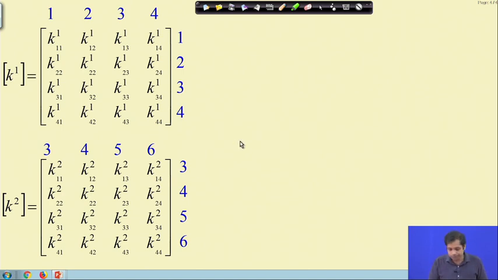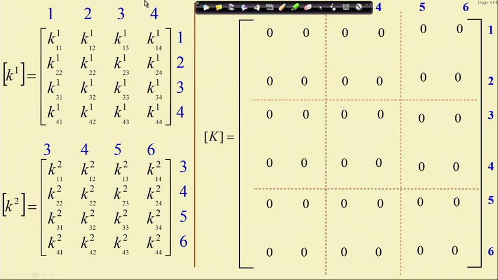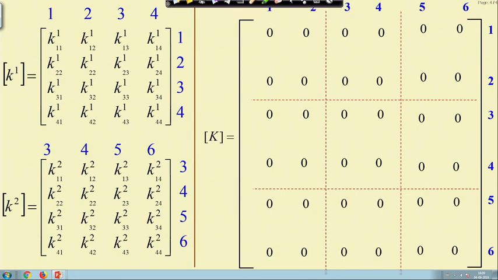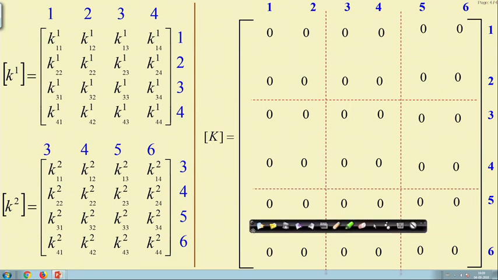As you recall the first step of the stiffness method, it is evident that you have a total of 6 degrees of freedom. So, the size of the stiffness matrix will be 6 by 6. First is to initialize: we take a 6 by 6 matrix, and all the elements of this matrix are 0. Next, depending on their position, their connectivity, we have to populate this matrix, replacing 0 with their corresponding values.